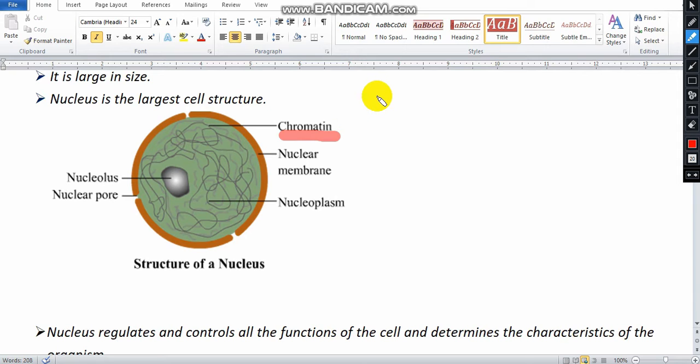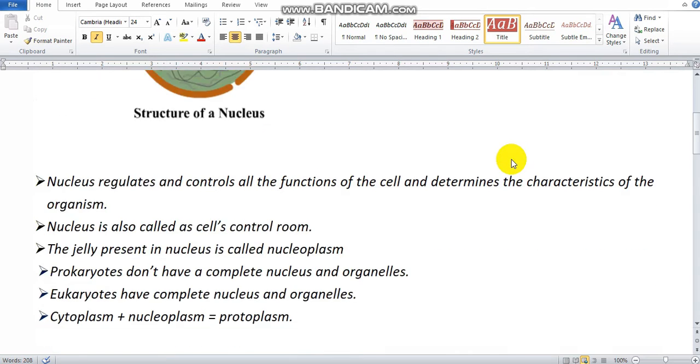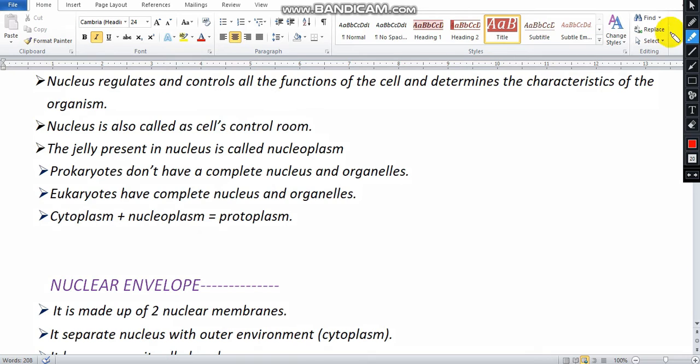Genes are nothing but what are passed from one generation to the other, from parents to their progeny, their children. So there will be some similar characteristics between the parents and the children. This is nothing but with the help of genes. The genes will transmit from one generation to the other. Because of this only, it determines the characteristics of the organism.